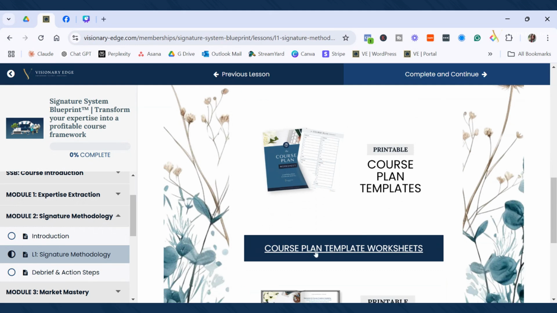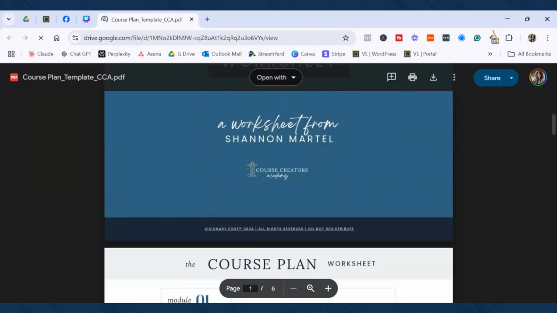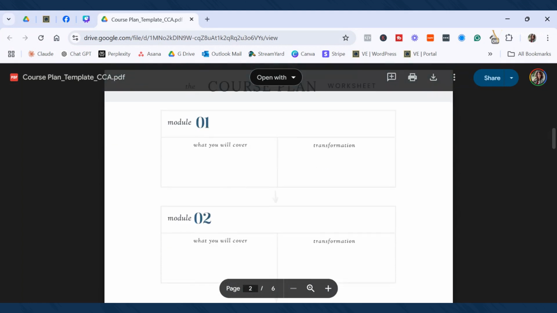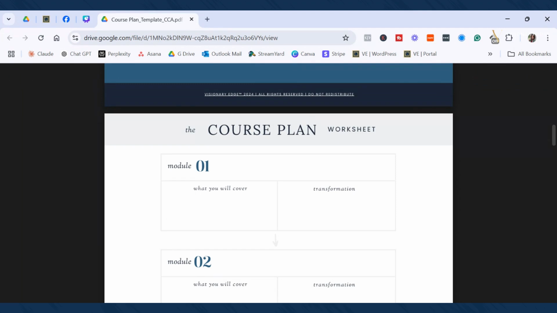So I gave you some course plan template worksheets that you can utilize over and over again for every course or signature system that you make. So those stepping stones become your modules. And once you understand what those stepping stones are, then you're going to break down further what you're going to cover